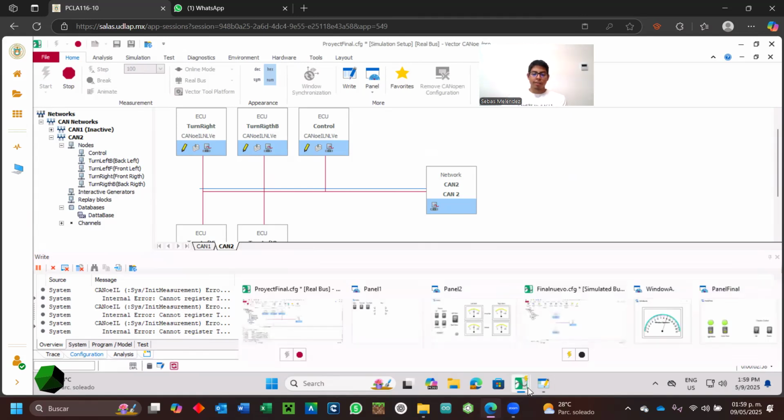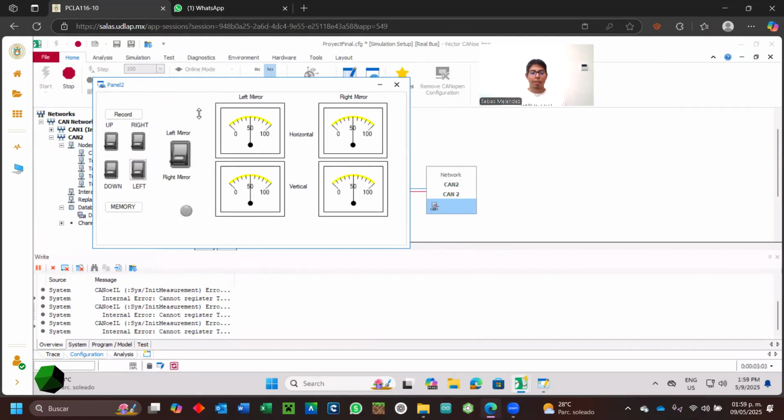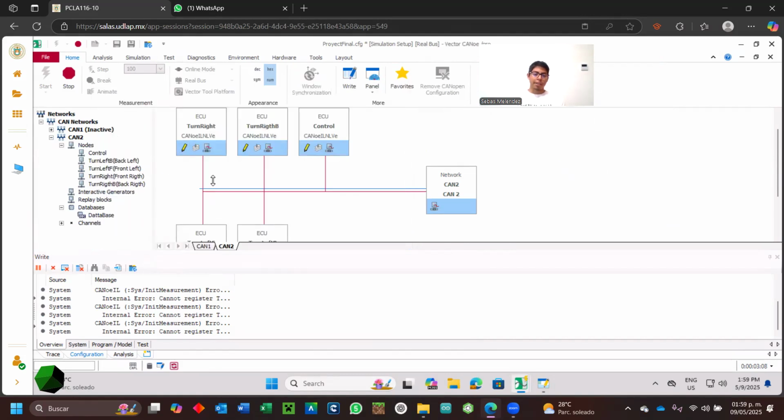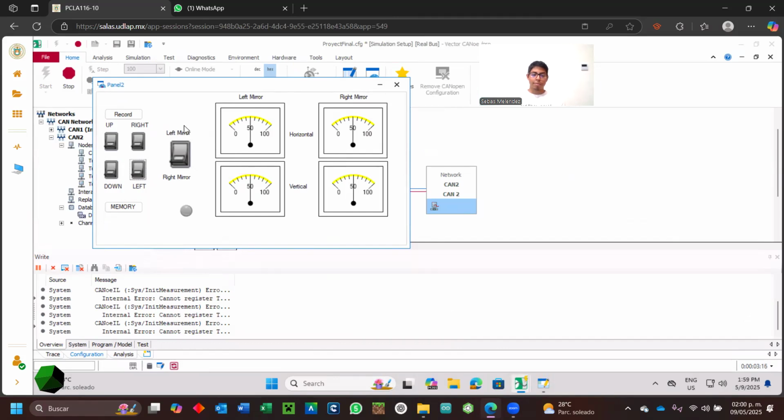Well, in this second part extended, we have one panel to control the left mirror and right mirror, which is controlled by the turn right front ECU and turn left front ECU. We have a main button that switches: the left mirror is off, and the right mirror, and when we click this, we can turn on the LED that tells us the right mirror is listening, and when we put it up,